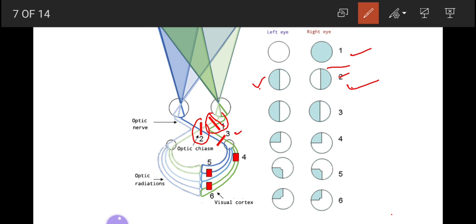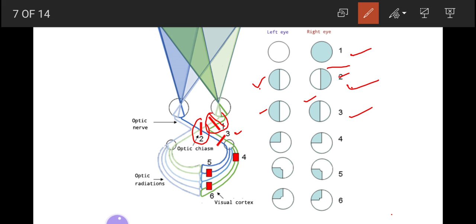If there is a lesion at the level of the optic tract, what will happen? You will get the picture of 3. The optic tract carries axons from the ganglion cells of the temporal retina of the right eye and the nasal retina of the left eye. It results in blindness in the left field of vision. Both left sides will be lost. This visual disorder is called contralateral left homonymous hemianopia. Homonymous refers to the same half of the visual field. As shown, there is loss of the left side of both fields.